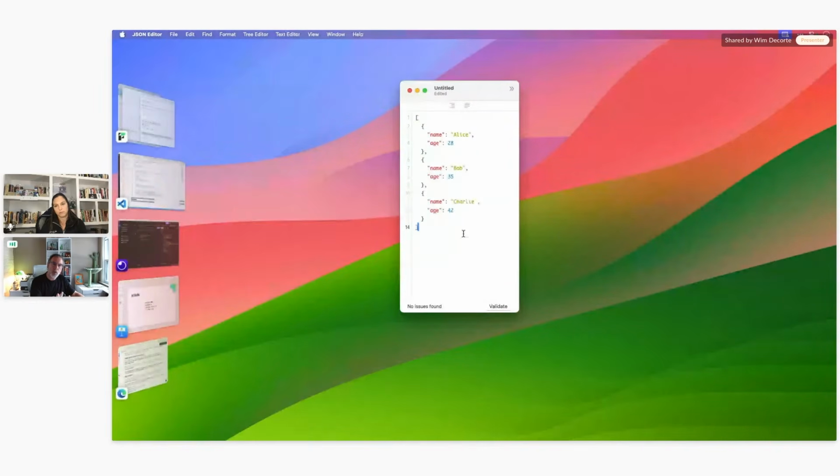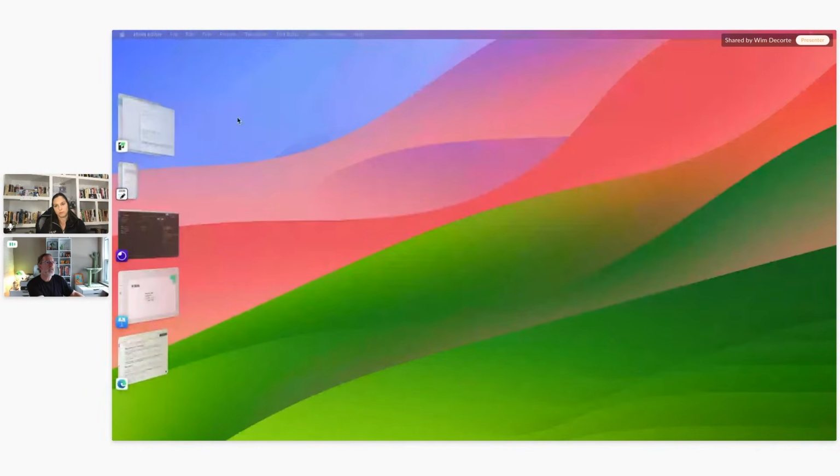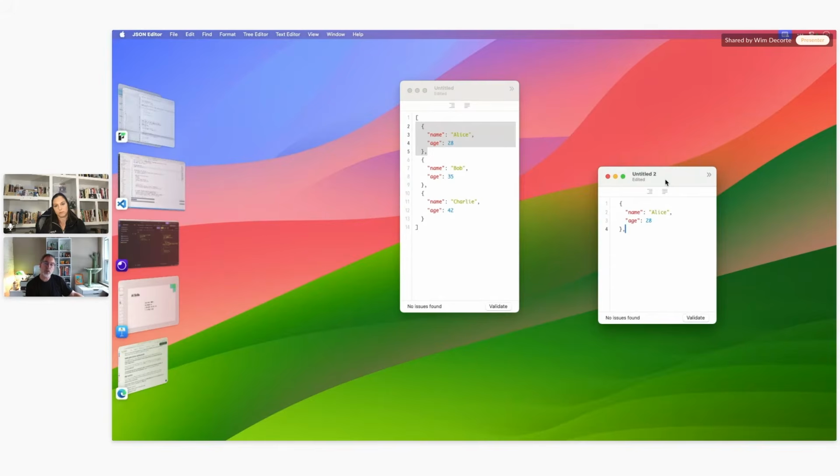So before FileMaker 22, if you wanted to parse this in a loop, you'd say, I know it's an array, so I'll just iterate over that, and I'll extract every JSON object on its own, and then I'll parse that JSON object. So what would happen is you would do a JSON get element against that array and say, I want the first element, and I'll put it in its own variable, and then I'll use JSON get element on this new variable.